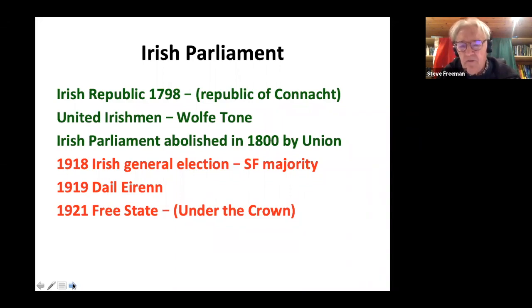It then becomes the Free State. So it remains a Parliament under the Crown because of the Anglo-Irish Treaty. The Irish had to retreat. So they got a Free State, but that Free State remained subordinate to the British Crown. You know, that happened. And then, of course, I think the last one was,